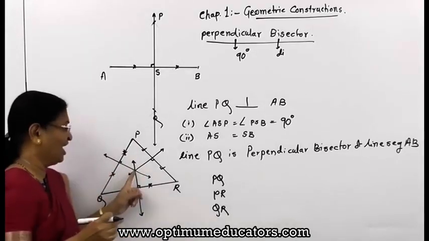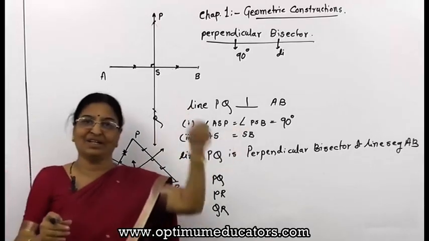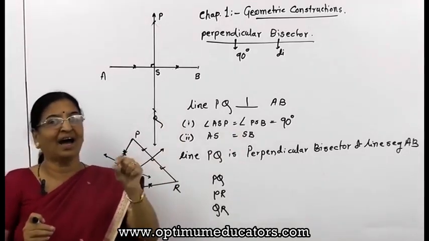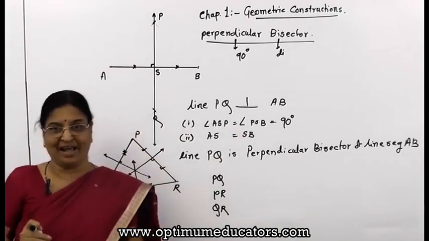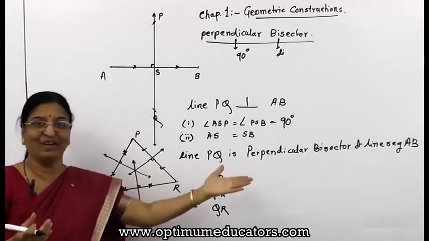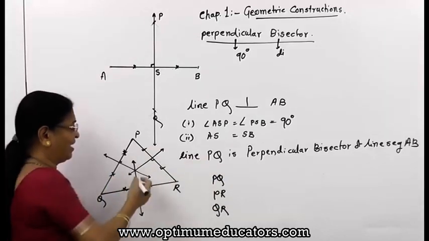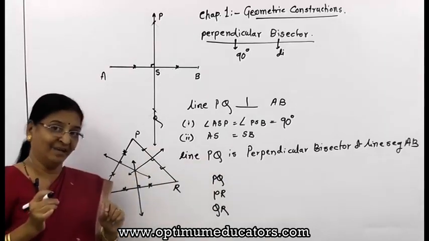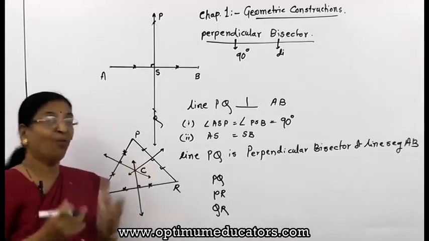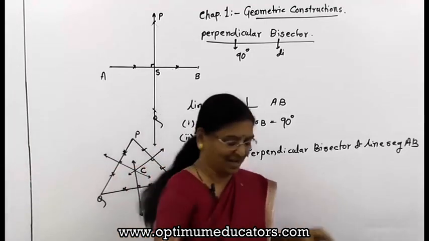Yes, of course. But remember, the point of concurrence for the angle bisectors was always inside the triangle. And here, how is it? We will find out for the obtuse angle triangle and the acute angle triangle. It is inside, and it is given as C. Why C? Again I will explain. Something must be about the circles.